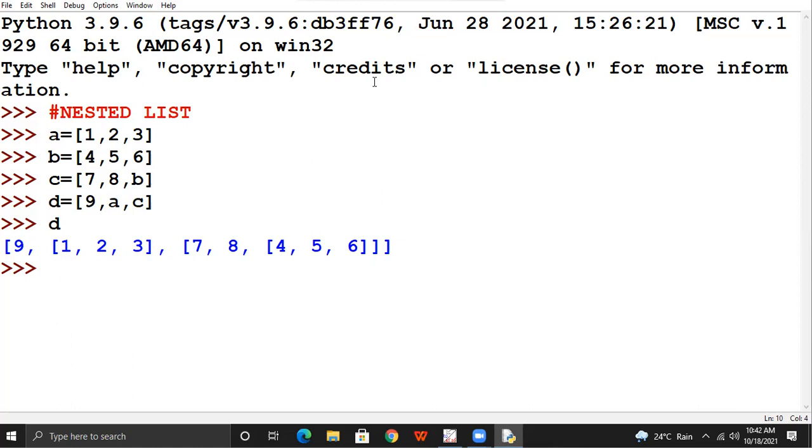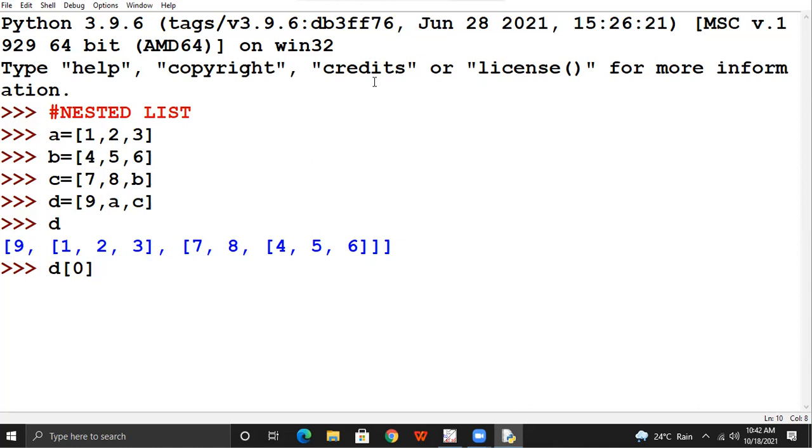Now how to evaluate the values? A little bit of change will come in the indexing part. Let us start one by one. I'll go very slow so that you understand the indexing of nested list. D of 0 is 9. This is 0, this is 1, and this entire part is 2.